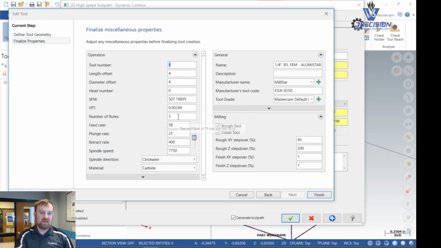And let's take the chip load here, the feed per tooth, down to 1.5 thou per tooth. And we're going to feed it at 34. Tell it OK, hit finish,